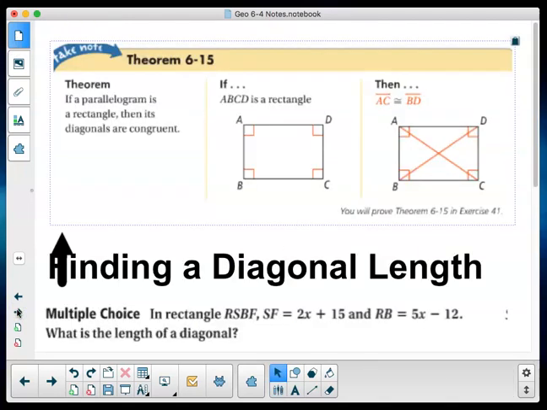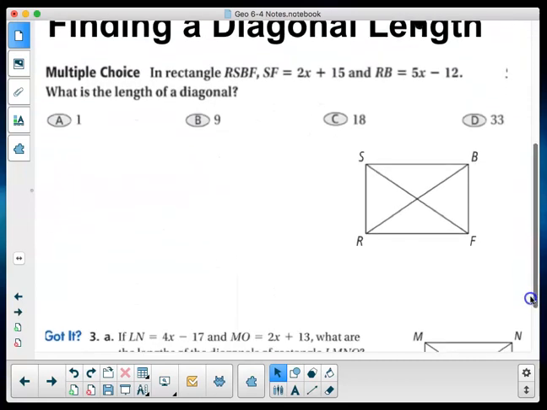Now, in Theorem 6-15, if a parallelogram is a rectangle, then its diagonals are congruent. If ABCD is a rectangle, its diagonals are the same. Now, this is true in a square as well, but not in a rhombus. Okay, so now, multiple choice. In rectangle RSBF,